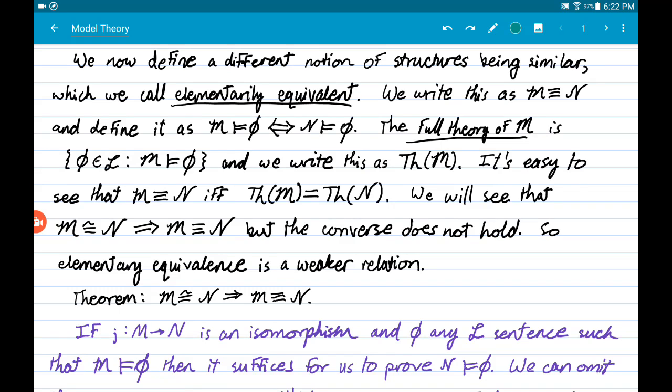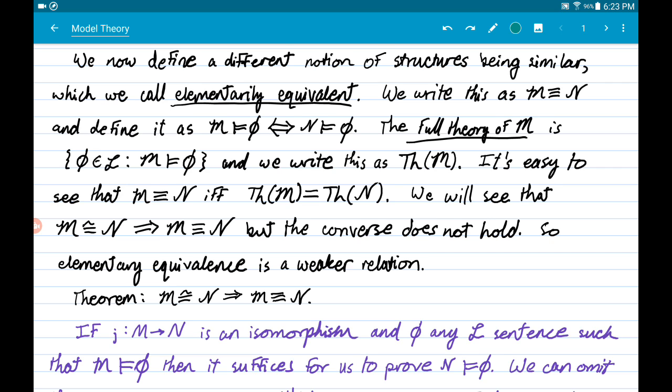So isomorphism is one concept that occurs throughout mathematics as a way of defining when one structure, I use that here more broadly than in the context of model theory, but when some kind of a mathematical object is basically the same as another mathematical object, we use the notion of an isomorphism. In this subject, when we're talking about model theoretic structures, we have another notion of what it is